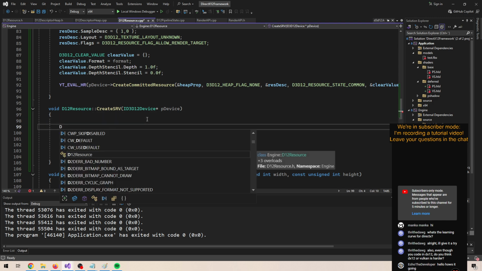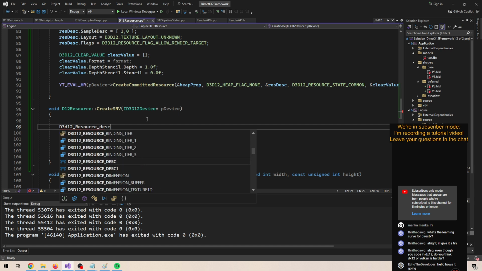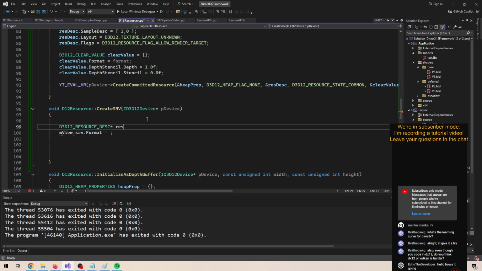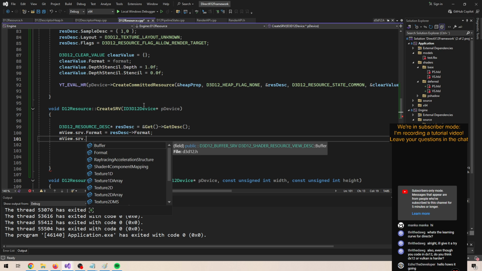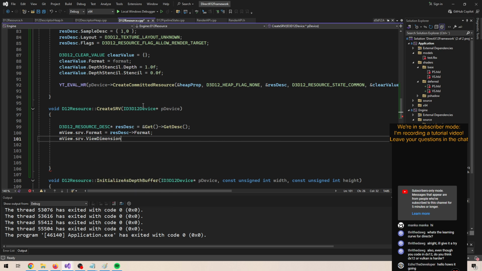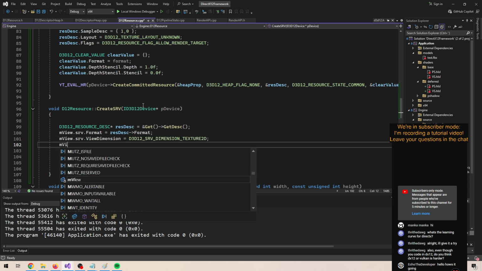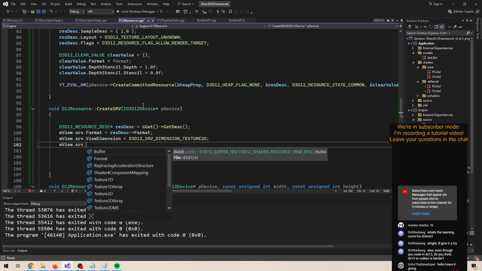Let's do a D3D12 resource desc, resource desc format. And let's do view SRV, view dimension at texture 2D, since our render targets are